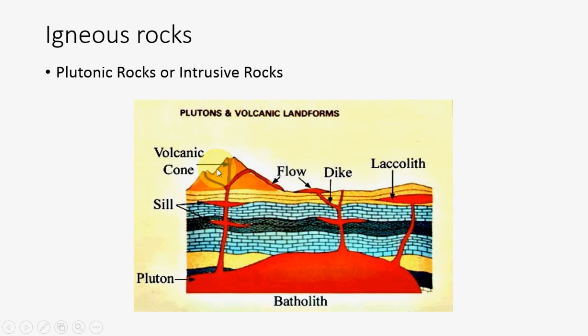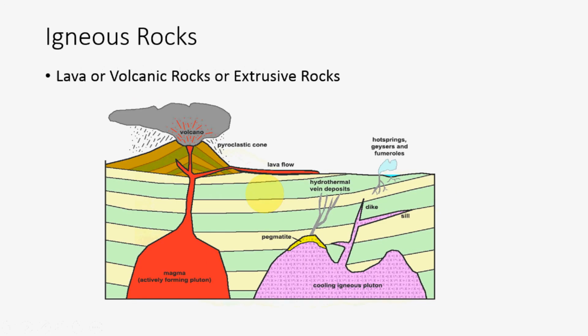Basically we have various structures called volcanic cone, which is where the magma solidifies in the mouth of the volcano itself. Similarly, there are other types of structures called sill. Similarly, pluton, flow, dike, laccolith. Lopolith is also one more type which creates structures inside the earth itself. So these are basically all the intrusive kinds of rocks. Now we need to discuss extrusive rocks, basically lava or volcanic rock.